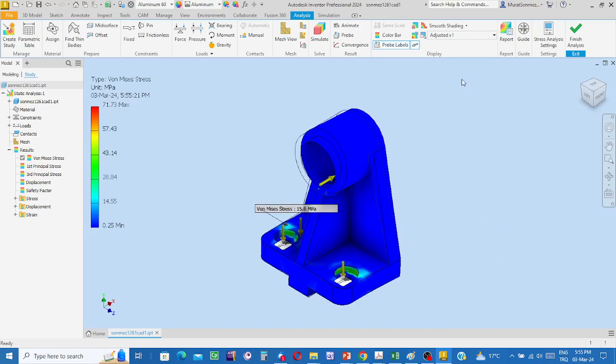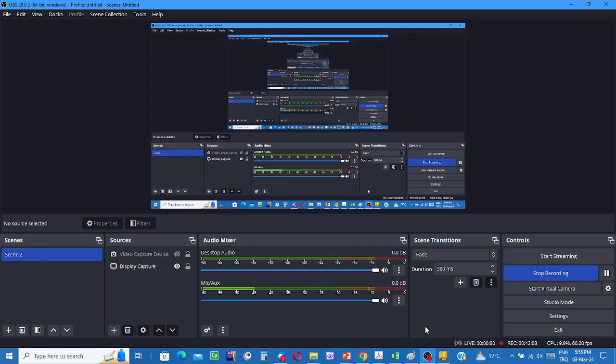Another thing, clicking on the report button you can have a full report. First, data for this problem, for this study, are sent to the host computer of Autodesk, and then over there the problem is solved and the results of the calculation, graphically and numerically, are sent within a full report. Okay, dear students,